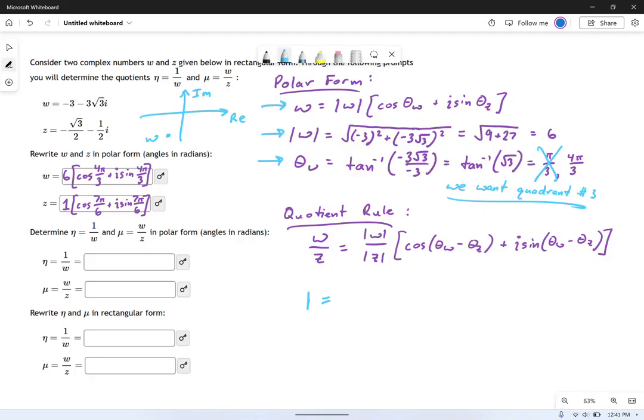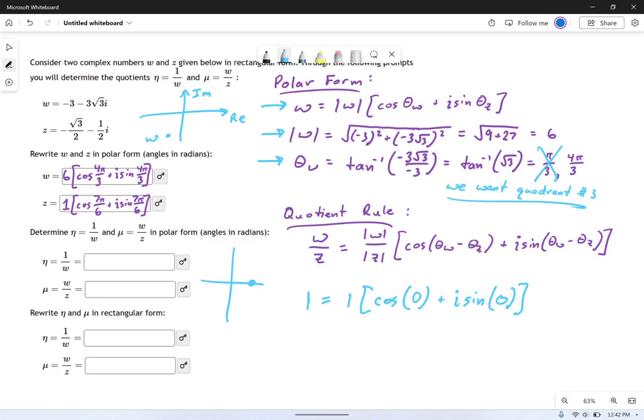You could say the number 1 equals 1, right? That's its modulus, times the cosine of the angle. Now, what angle is associated with the number 1? Well, if I were to plot 1, it'd be right there, right? It's on the real axis. That's an angle of 0. Right? 0 degrees, 0 radians, however you want to call it, plus i sine of that angle, 0 degrees or 0 radians. Okay, so this is really what the number 1 is.